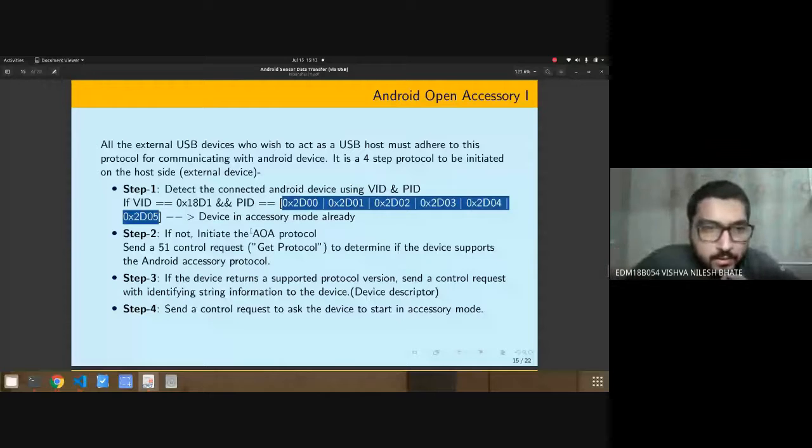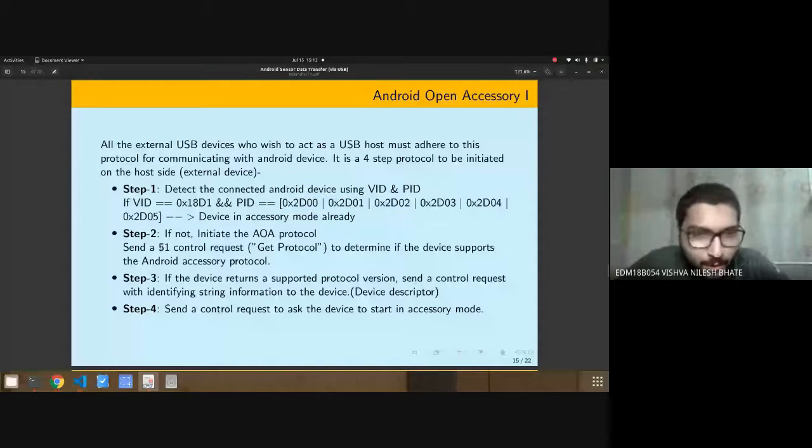Once you know that the device is not in accessory mode and you have to initiate the protocol, you send a control request, using control transfer mode, which I talked about earlier. It's a request format called 51. You send that request to the Android device saying that I am initiating this protocol.